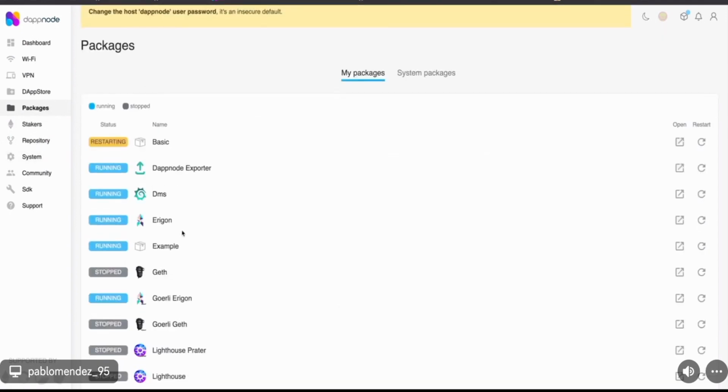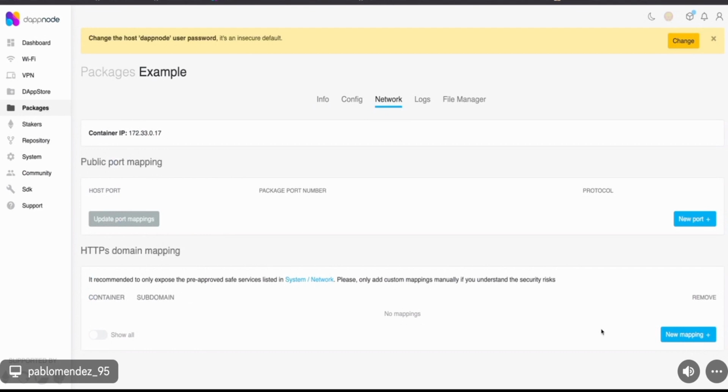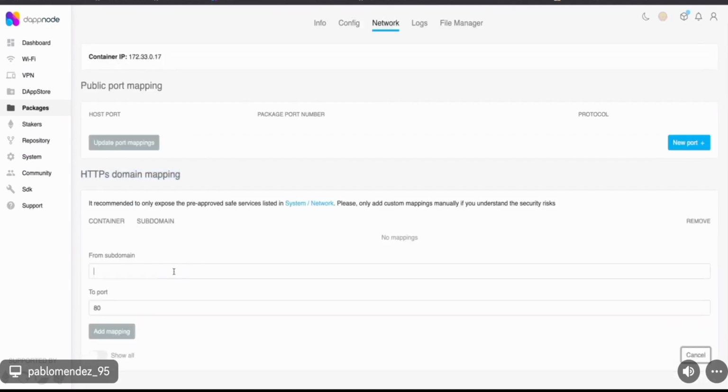I will go, for instance, to the example package I have created, and I will go to network, and here I'm going to add a new mapping under this title. I'm going to call the subdomain whatever, like UI, and the port will be 80.